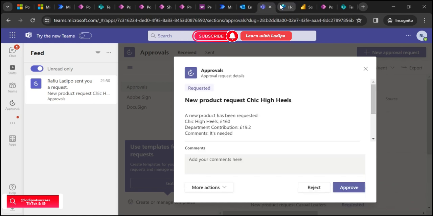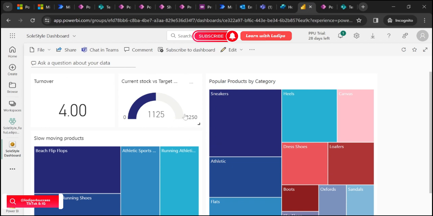So there's also the Power BI. This is a dashboard where the manager can do analysis on the performance of the inventory. For example, this shows the slow-moving products in the inventory. These also show popular products. You can see that under the sneakers category, there are four products. That is all for the